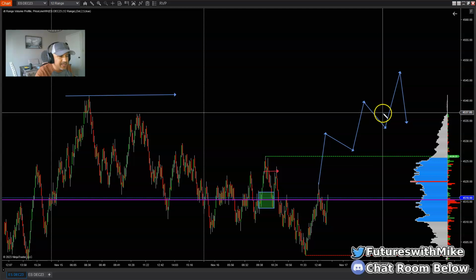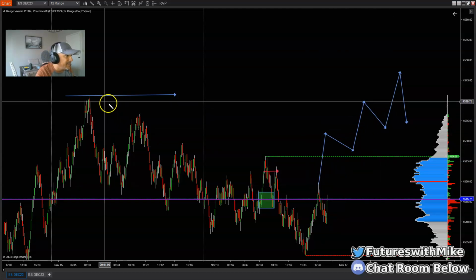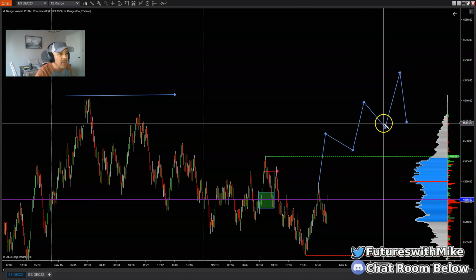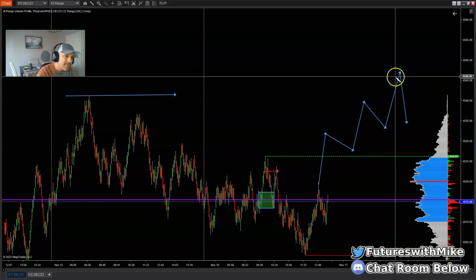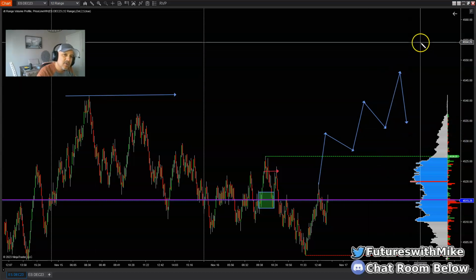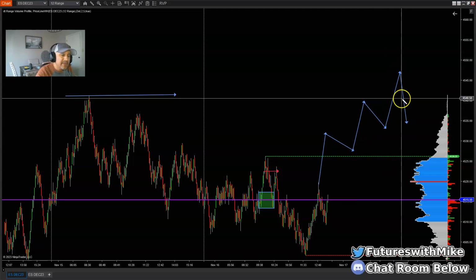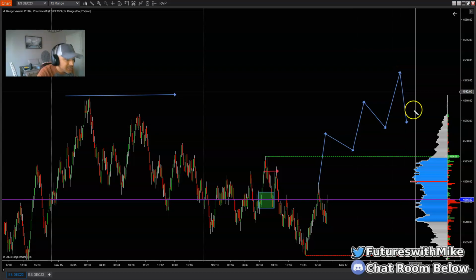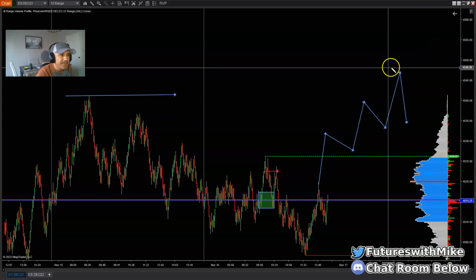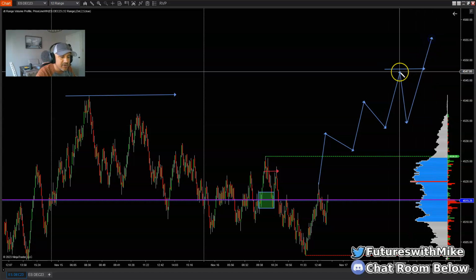But it could pull back because these are internal areas of structure or internal swings that aided in the breaking of structure above here. So if it pulls back to this key area right here, and this is an area of demand, aggressive buying, rejects it, then we want to go long. Market made a new high, it's pulled back, tested a key area of demand. Again, it could be here, but we look for the pullback to key areas of demand once the market makes a new high to break higher and possibly take out this area right here. Once it does, if it does that, then we broke structure right here again.